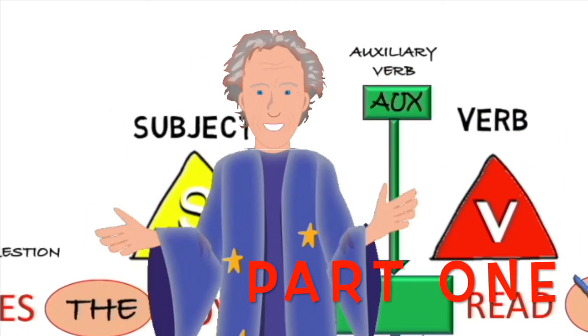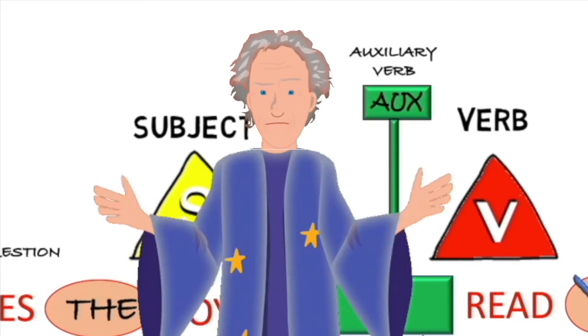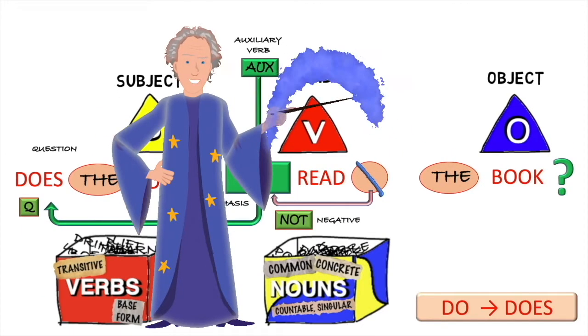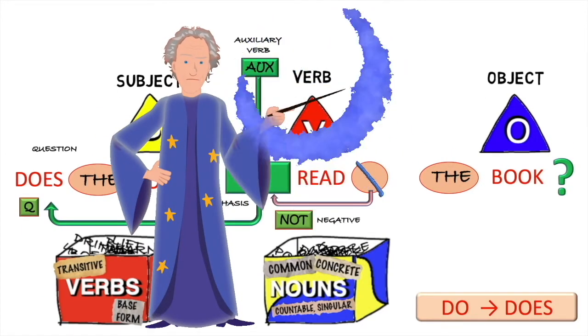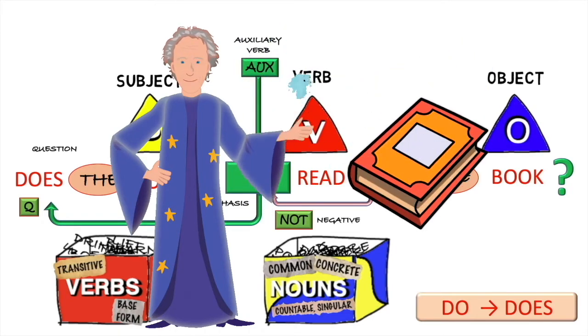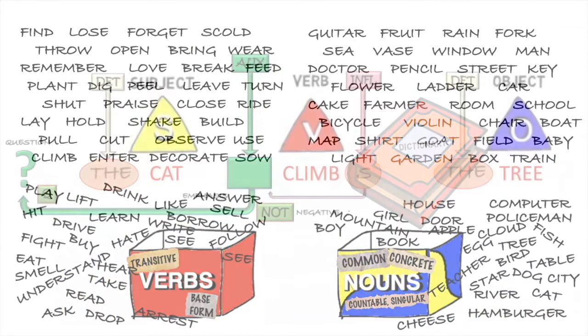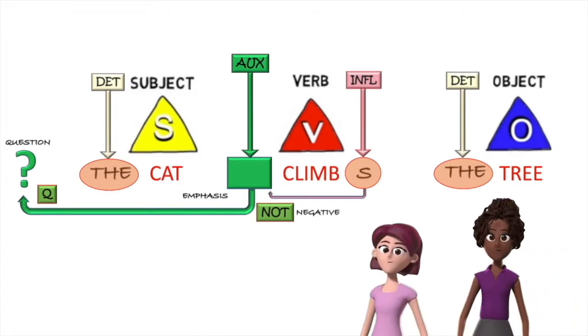Okay, so now we've got a basic structure, a pattern we can work with. We can make simple statements and questions using this structure, and all we need now is words to fit into the structure. So I'll leave you to find the words you need and make your own example sentences. But before you start, let me go over it all in detail.